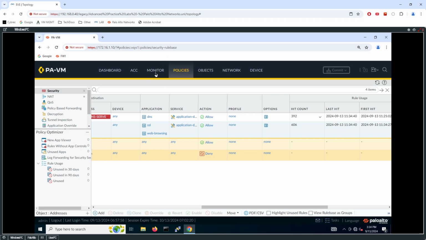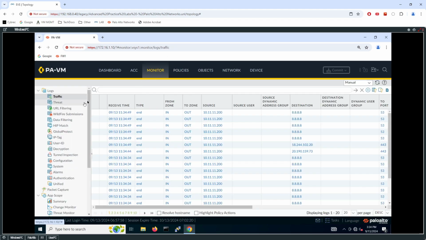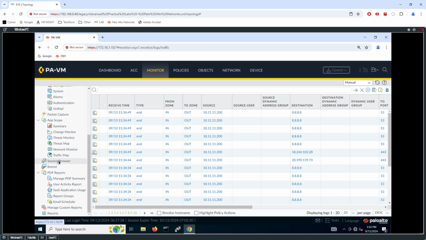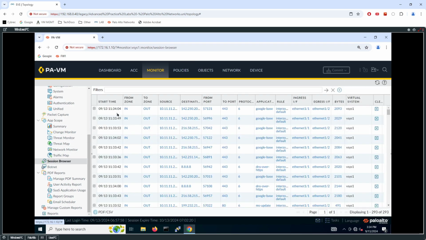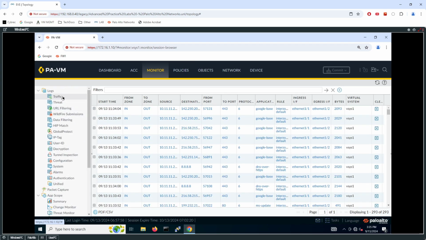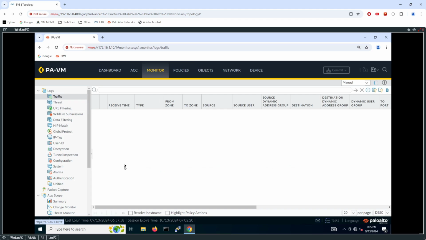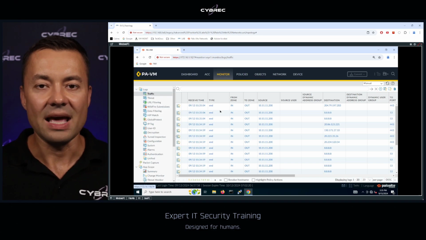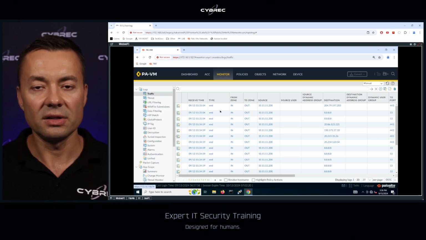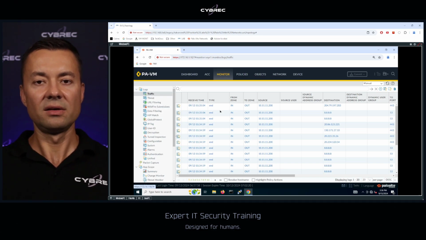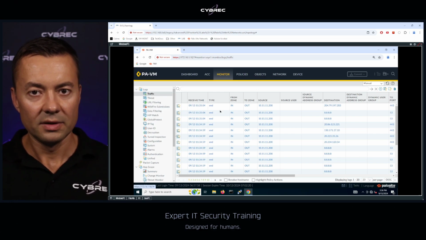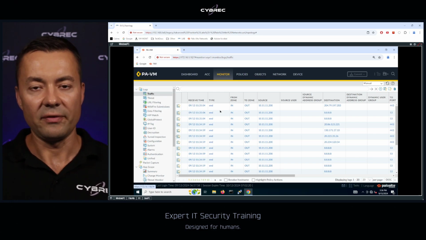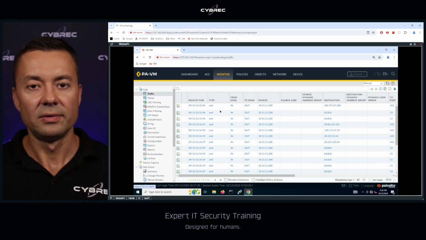And another place would be to go to the monitor tab. First and foremost, I would scroll down to the session browser. The session browser is going to show you the existing connections across the firewall. And I would also take a look at logs. Just remember that the difference between session browser and logging is that the session browser is only going to show you connections that already traversed through the firewall, so connections that are up, operational, or that were just terminated, versus logs